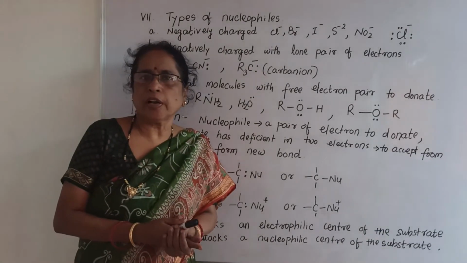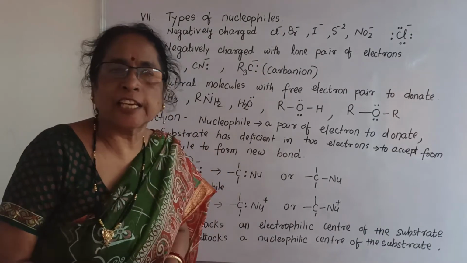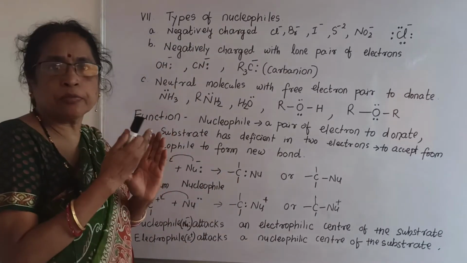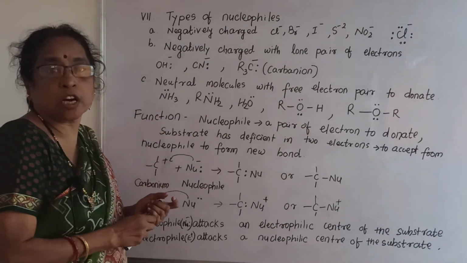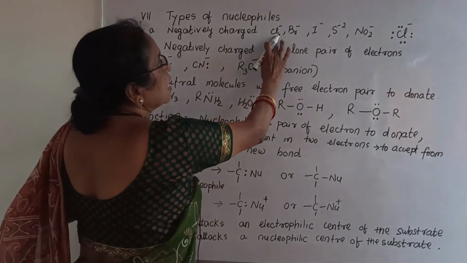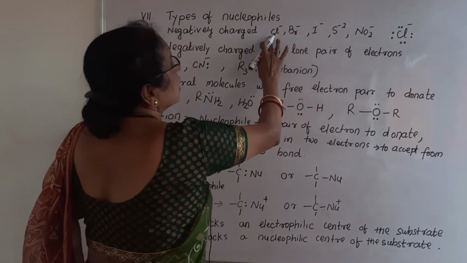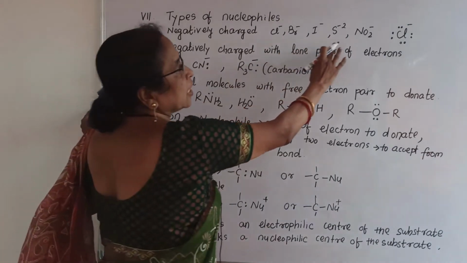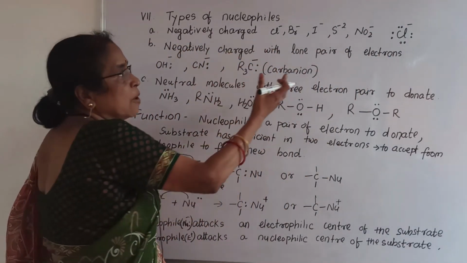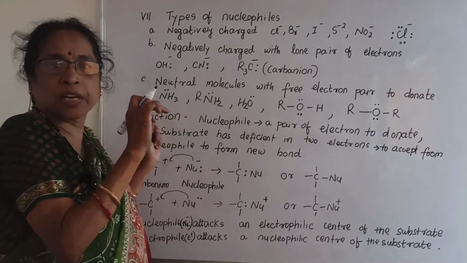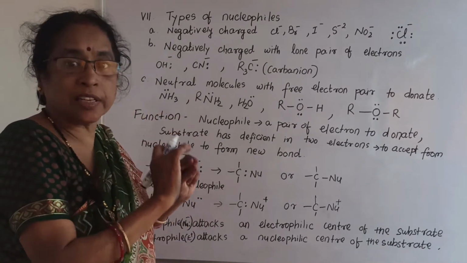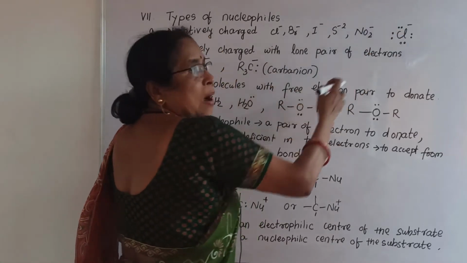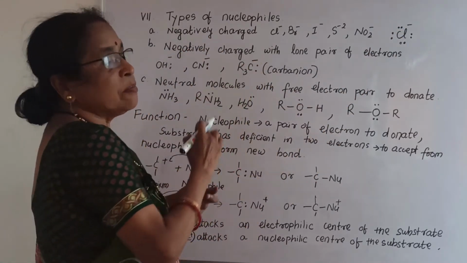What is a nucleophile? You know very well. Now we will see the types of nucleophiles. First is negatively charged, where negative charge is dominant. You can see chloride -1, bromide -1. Similarly, how can you explain chloride -1? Actually, in chlorine the outer shell contains 7 electrons. By accepting 1 electron, it attains the octet structure and a minus sign.